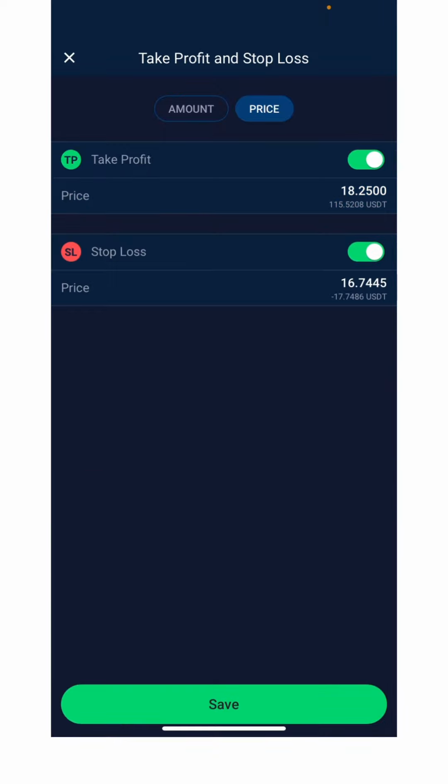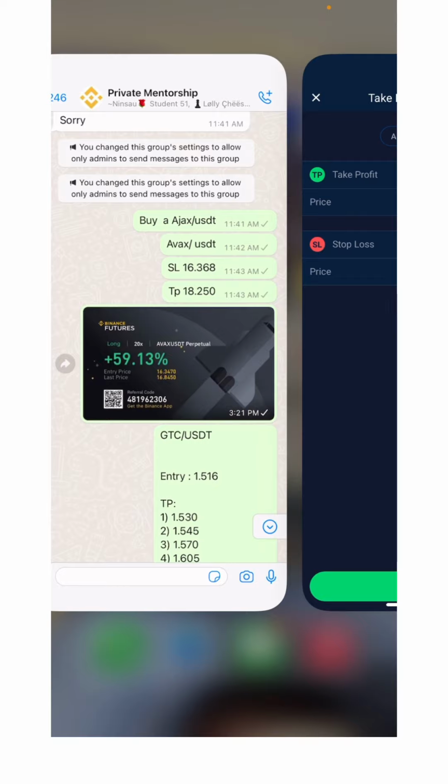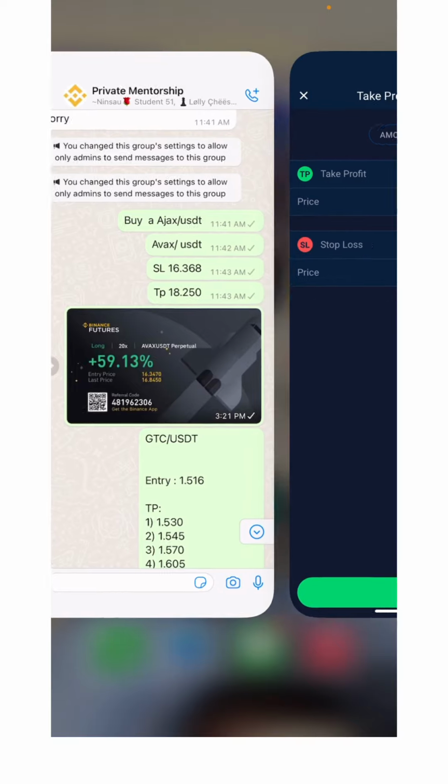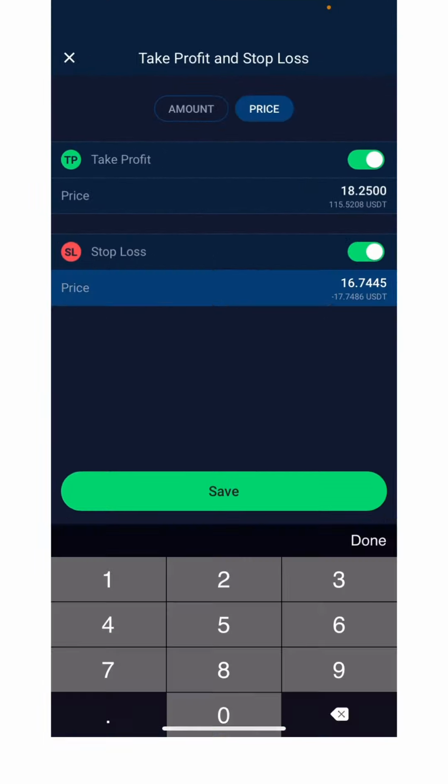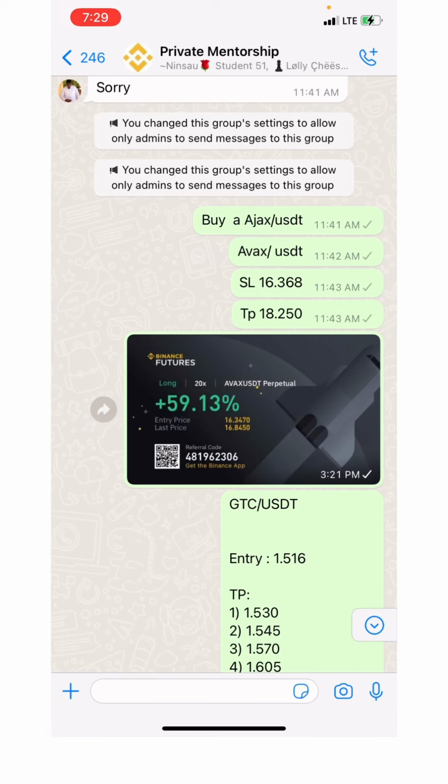Then we have stop loss. So the stop loss is what? 16.368. Then we enter 16.368. Then you get on StormGain. But on Binance,